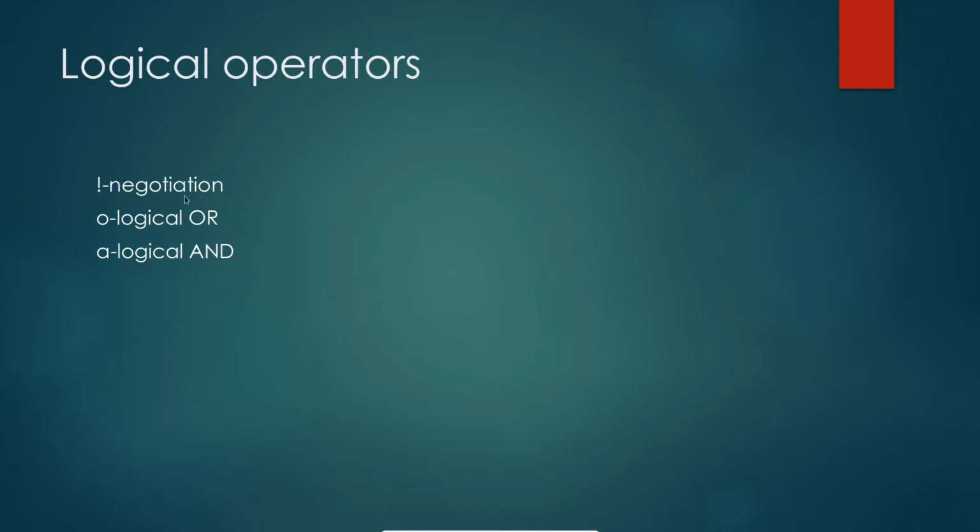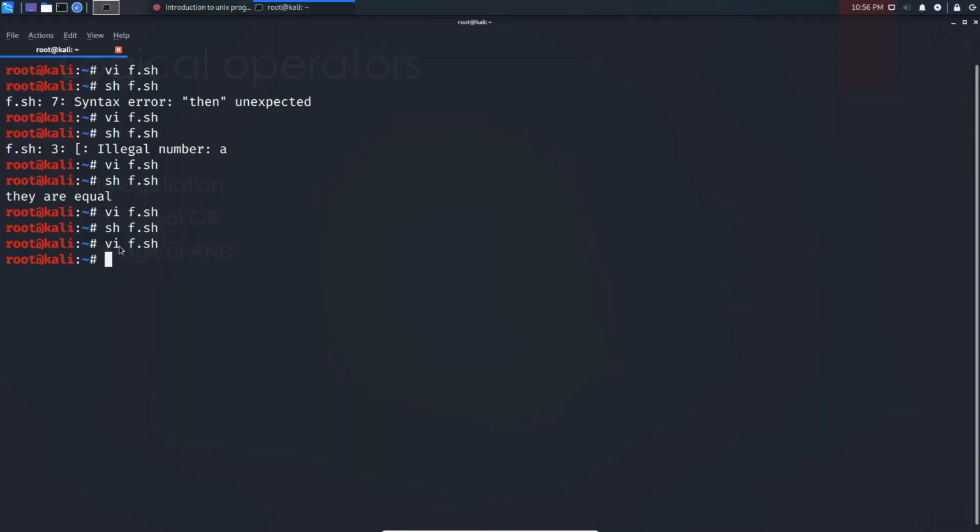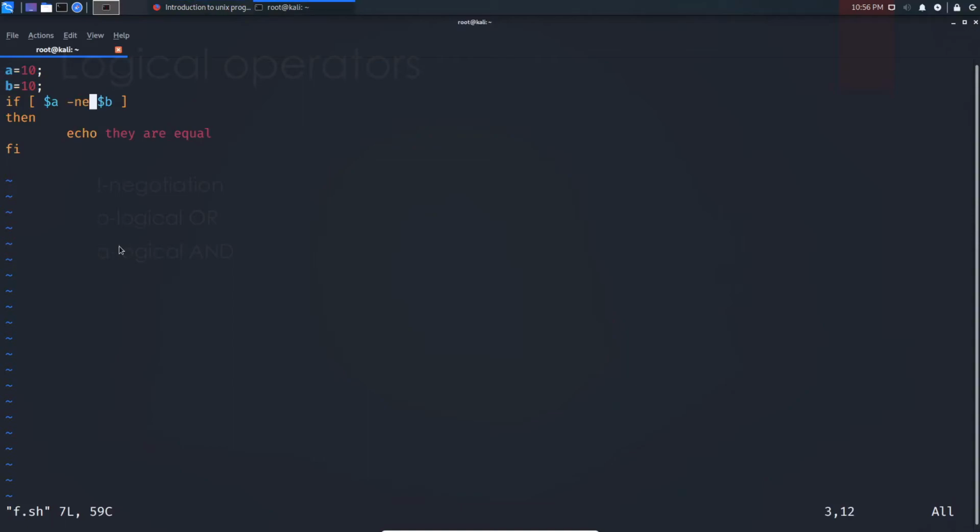Coming to logical operators, these are the three things you need to remember: negation, logical or, and logical and. Let me do that. Sorry, I need to use minus o.